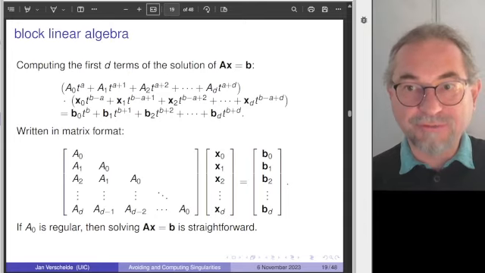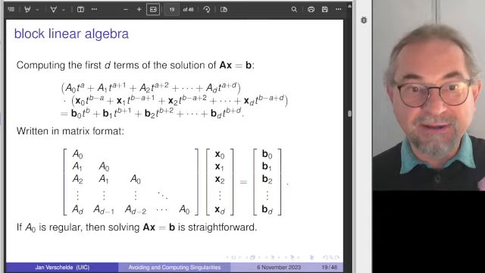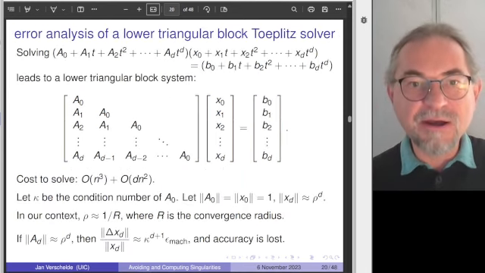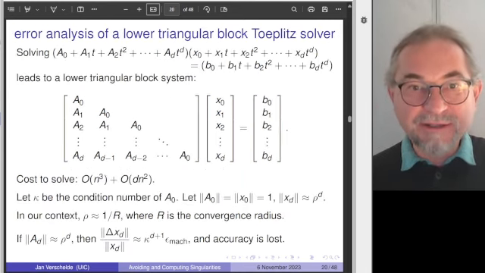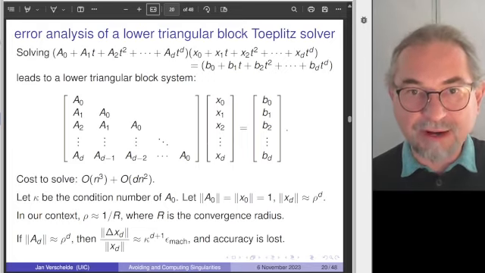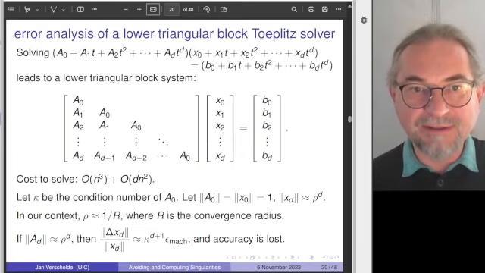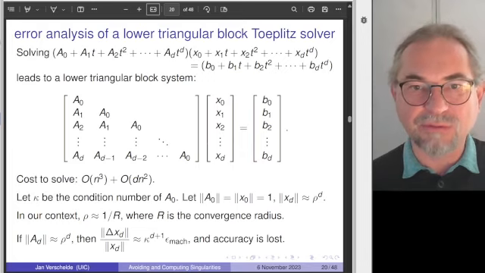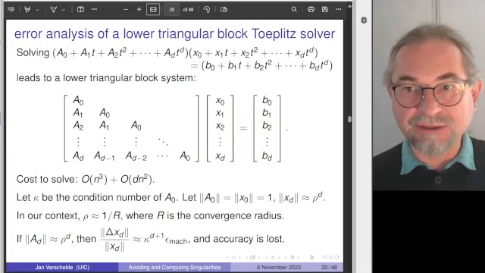Now I'm talking about the convenience as a programmer. What is even more important is that by this way of looking at it, you have a handle on the difficulty of the problem. So it's no longer a black box with overloaded arithmetic, but you can see how the errors are actually progressing. So we did an error analysis of this lower triangular block solver, and you could also see why